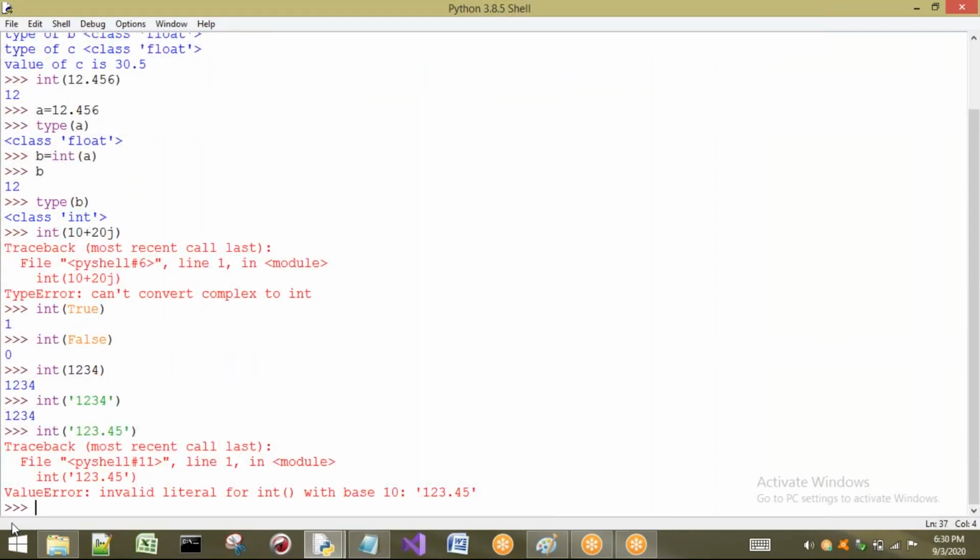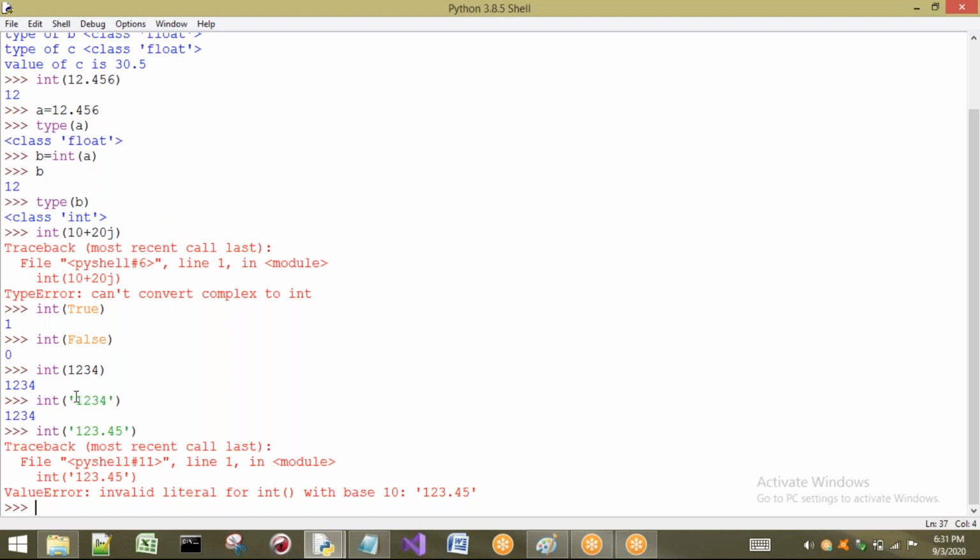The reason is compulsory: if you are going to convert a string into an integer, that string must contain a numerical value, and it should be in decimal form, and also it should be int type only, it should not be float type. Once again I am repeating, if you want to convert any string into an integer, that string should contain only a decimal type of value, in fixed point number form, it should not be a floating point number.